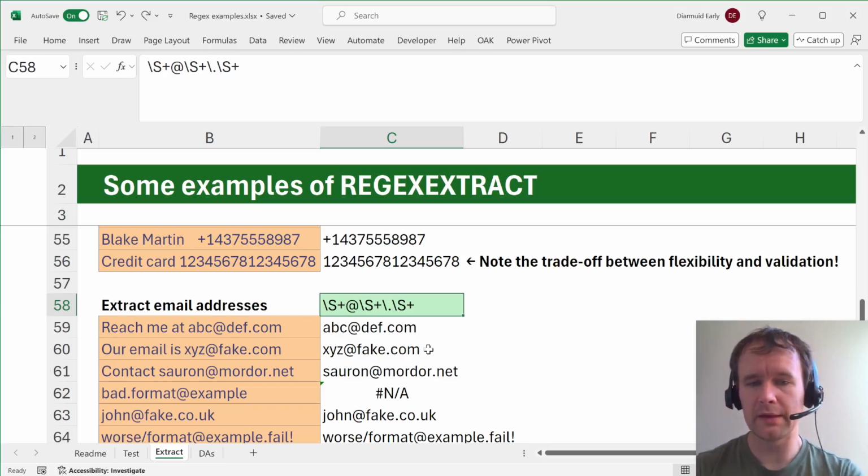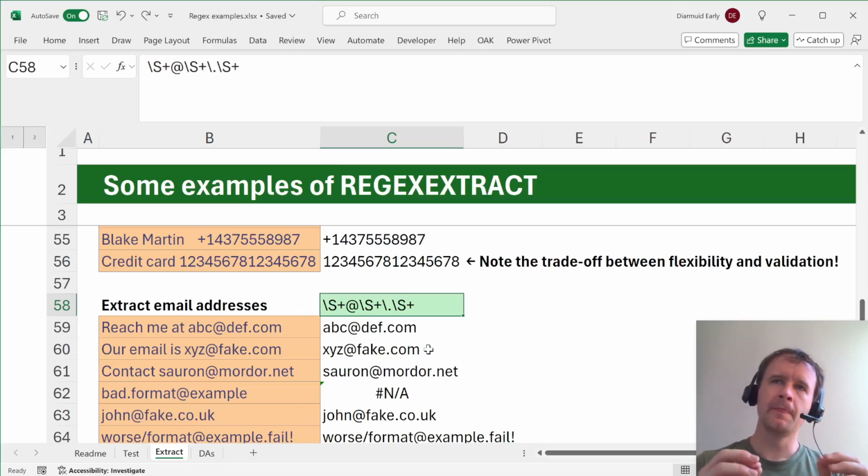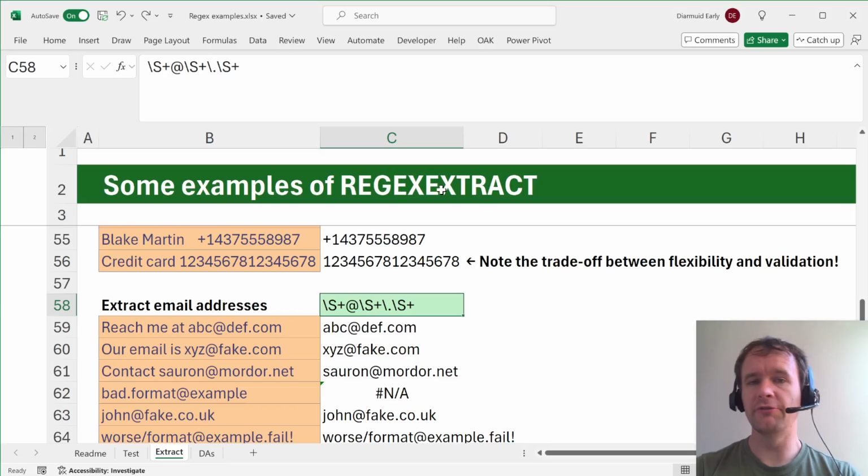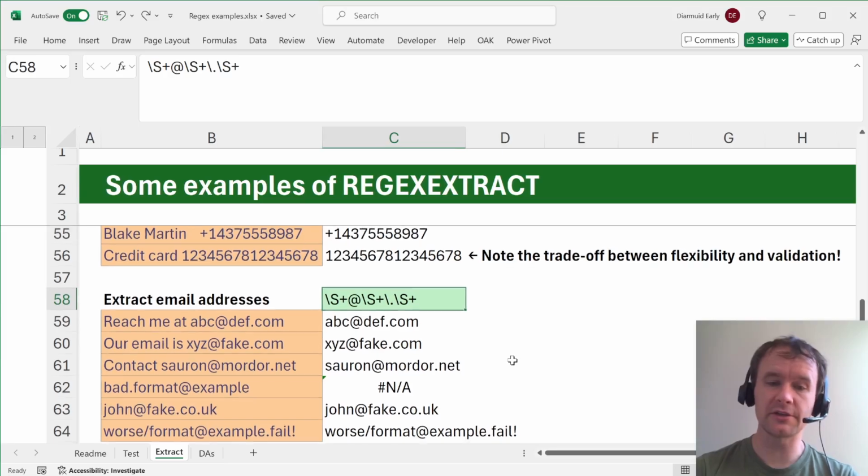I don't know. Again, there's a big difference between just grab anything that looks like this, that's my list of potential emails, and then maybe I'm just going to human filter that, or maybe I'm just going to drop them all into a To field in Gmail, knowing that it just won't send anything to something that's not a valid email, versus if your aim is validation, and validation is quite a bit more complicated.